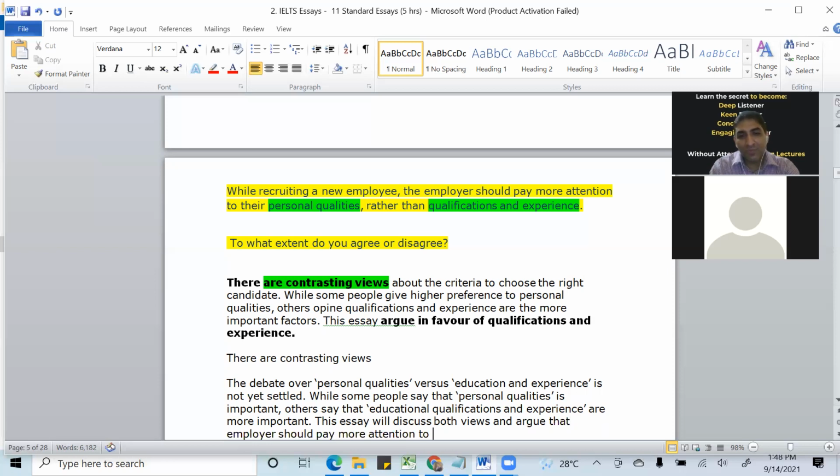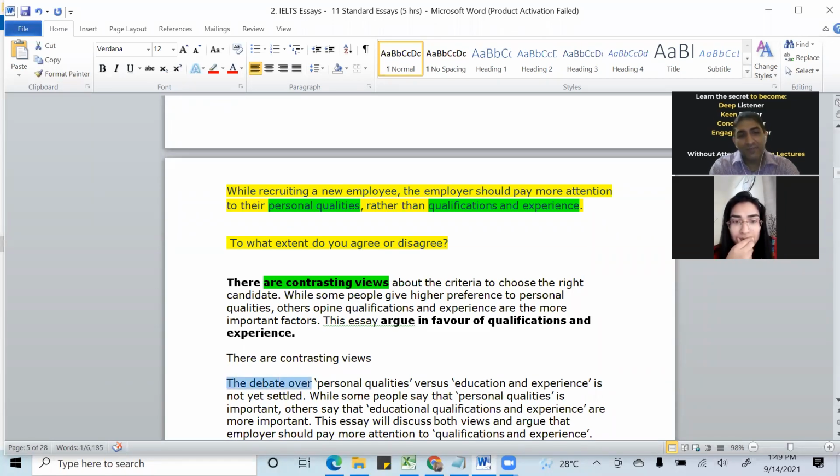We'll discuss both views and argue that employers should pay more attention to qualifications and experience, right? So this is how you can write your introduction, and these phrases come in very handy. Now look at this. I have written one phrase. Out of this, half the phrases are the ones which I will use in every essay. The debate over X versus Y is not yet settled. Now this is the standard phrase,